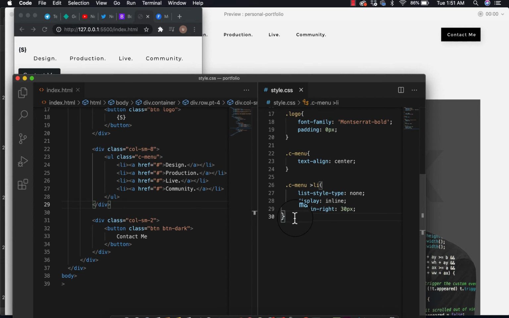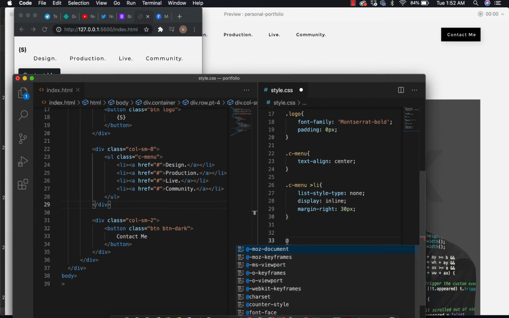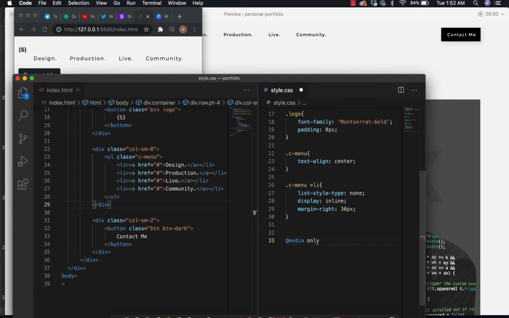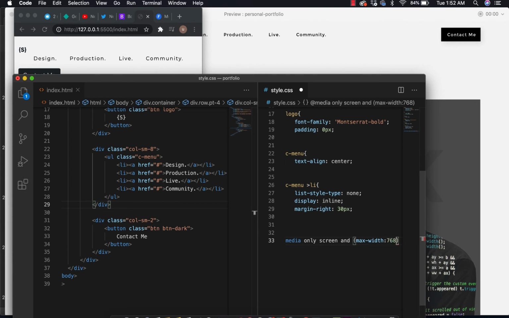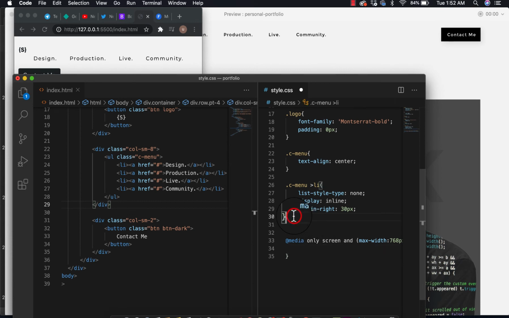So we need to create our media query. How do we create a media query in CSS? @media only screen and max-width. The width where we want it to take effect, I want to take it to 768px, right? So everything we write here now is going to take effect at 768px. So one of the things I love to do is